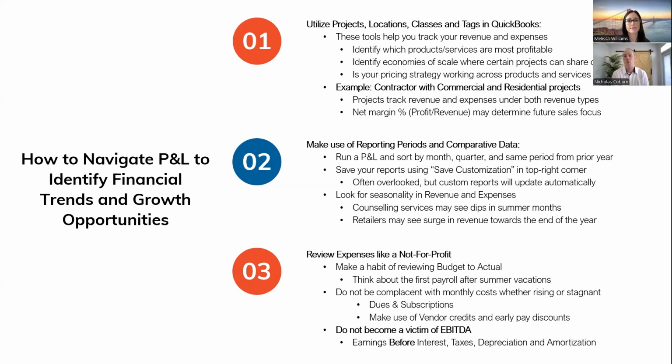Similarly, you're looking for some one-offs too. If you're looking monthly and your expense column is relatively what you think it should be, but then all of a sudden there's this huge repair and maintenance or a huge uptake in labor, you want to explore those. I think we're going to discuss that a little bit later, but those aren't just accounting items. Those could be things that are fraudulent or bad accounting or duplications, even, not necessarily fraud. It could just be that the entry is in there twice. So looking at the trend of expenses, you're looking for one-offs. You're looking for where your cost of goods sold makes no sense compared to profitability and revenue, to see where you need to pivot.